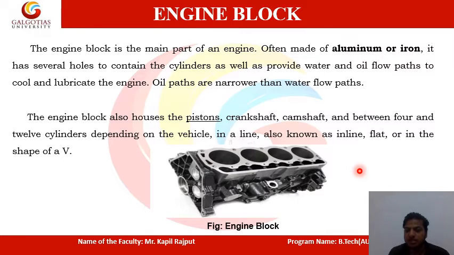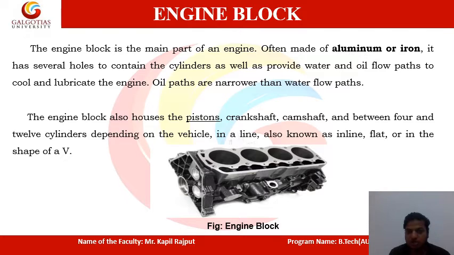So multiple cylinders may be there, and multiple pistons or a single piston may be there. You can see here 4 pistons are there for the slots. They may be arranged in any shape. If they are in line, then they are known as inline cylinders. If they are in V shape, then they are known as V shape. So according to different arrangements,